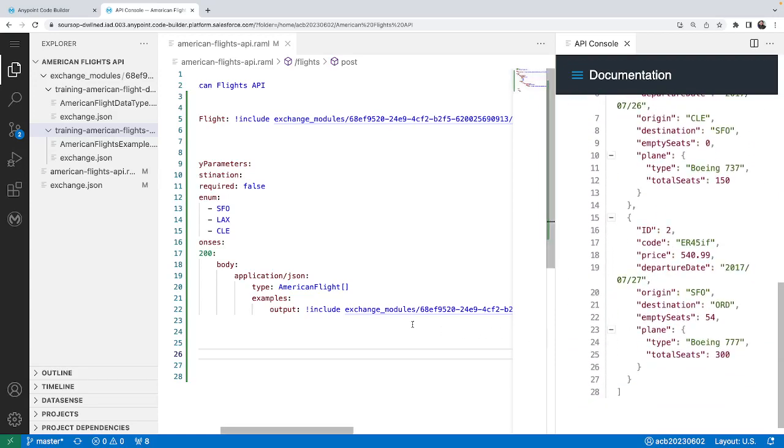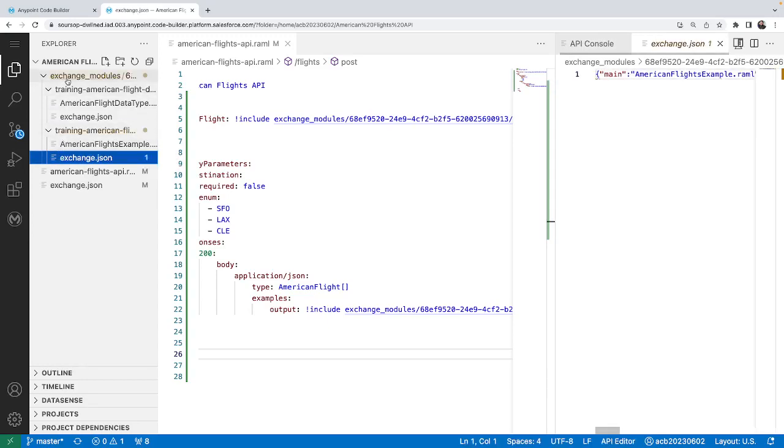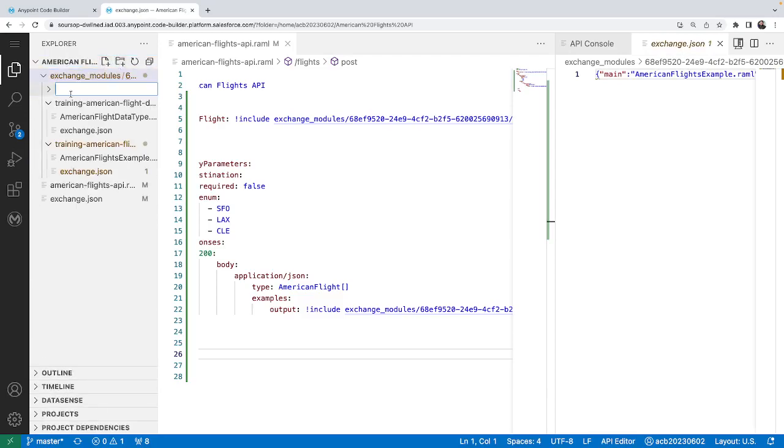Okay, so now let's see how we can add our custom fragment into our application, into the Anypoint Code Builder. Okay, now in order to add a custom fragment, you can use this Explorer window, where you have an option to add a new folder. So let's add a new folder, and I'll just name it examples, and inside the example folder I would like to add a new file, and I'll name that file